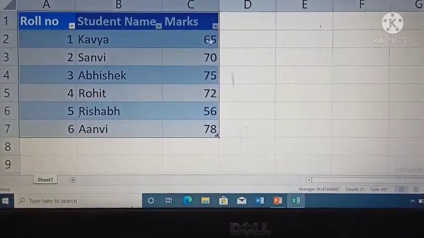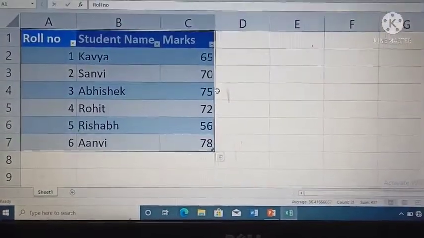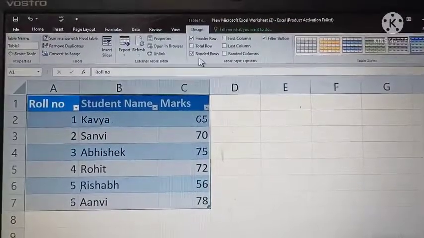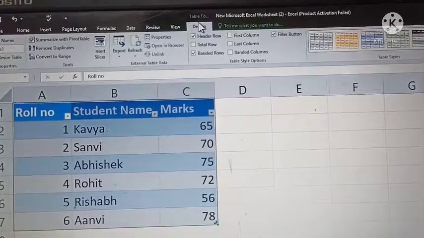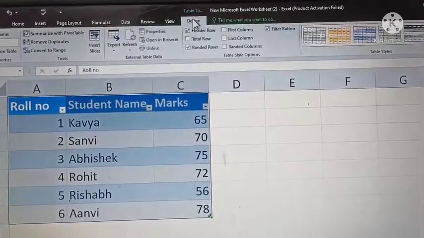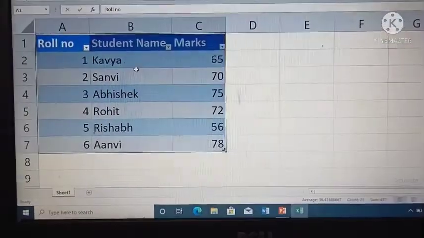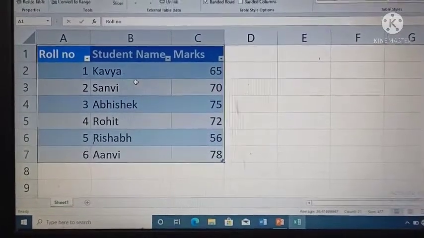Okay beta, the Table Tools tab will appear at the top of the title bar. Look at the screen properly. This is the process of how to create a table.